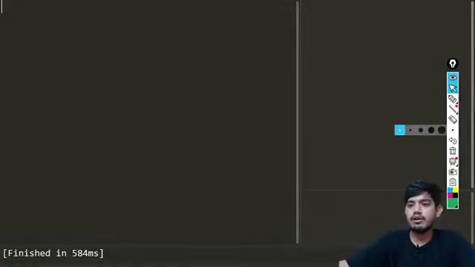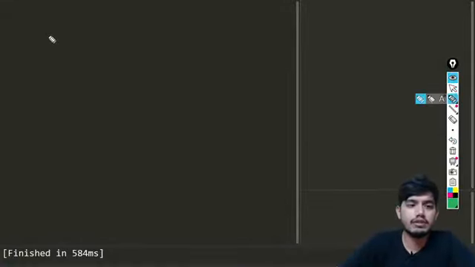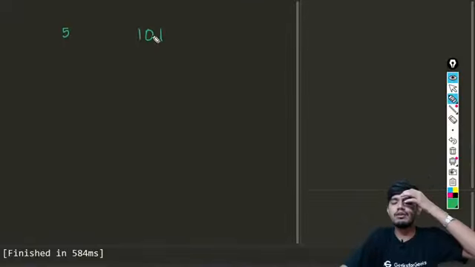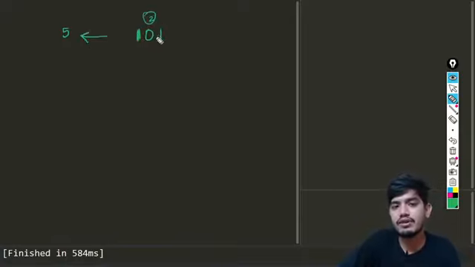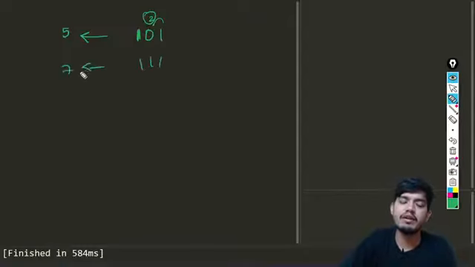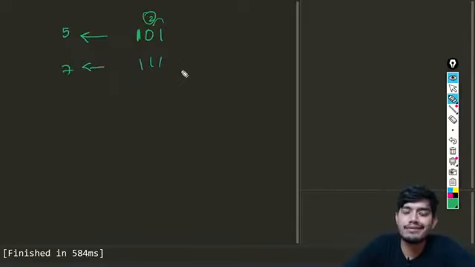Okay, so here we have already seen how we can toggle the bits. For example, in this case you can see 101 is 5, and I just want to toggle the second bit, from the right basically. If you toggle, we'll be getting 7. And how did we do this? By using the XOR operation.